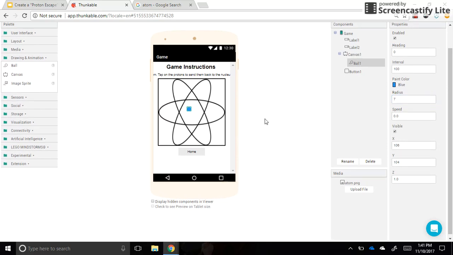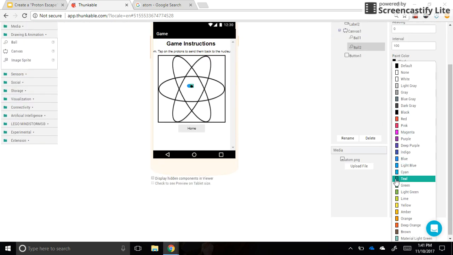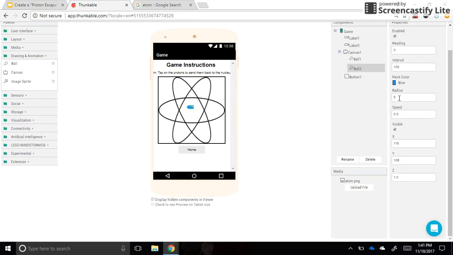So I need to pull over 6 of these because it's a carbon atom and there are 6 protons, 6 neutrons, and 6 electrons in the carbon atom. So I'm going to make 6. I'm just going to kind of put them next to each other, kind of lumped together. Not too close together because you want to be able to see that they're different neutrons. Okay, so there's 2, 3,